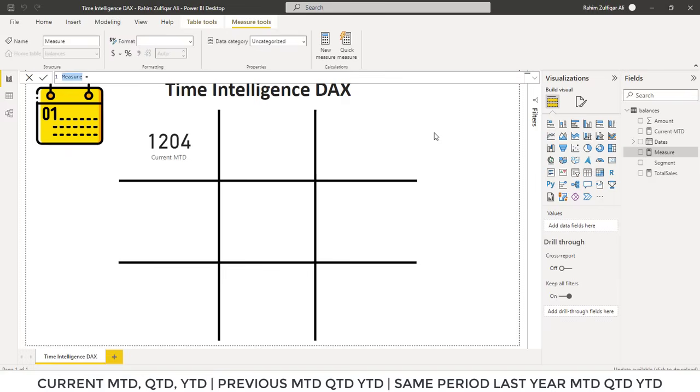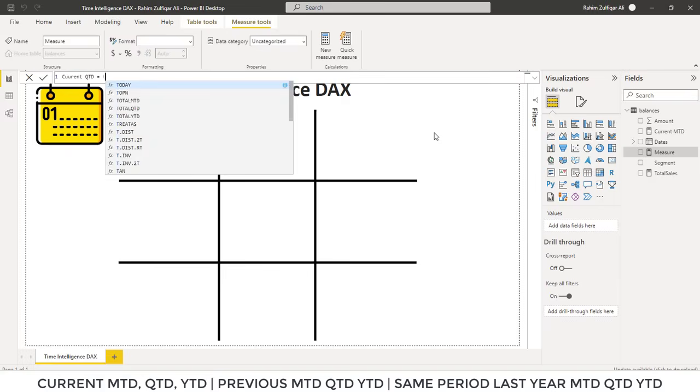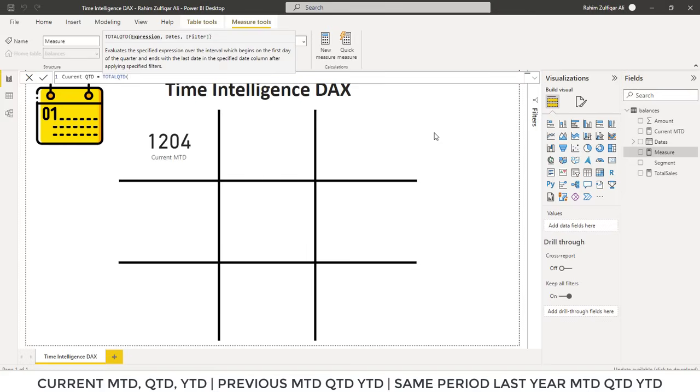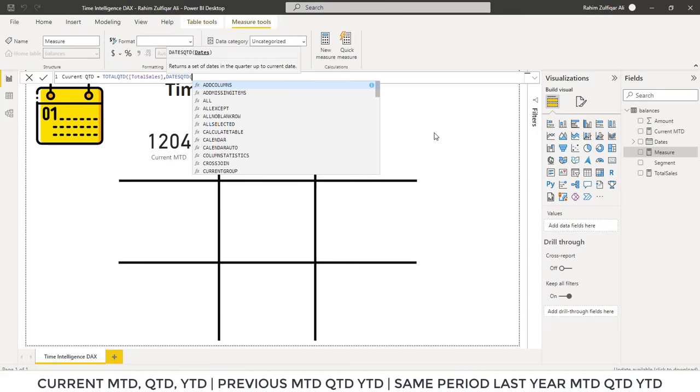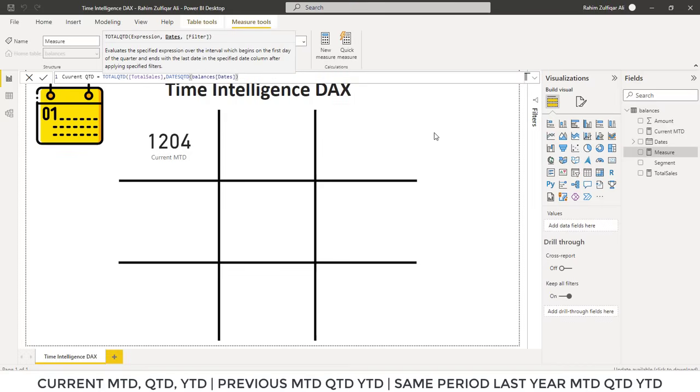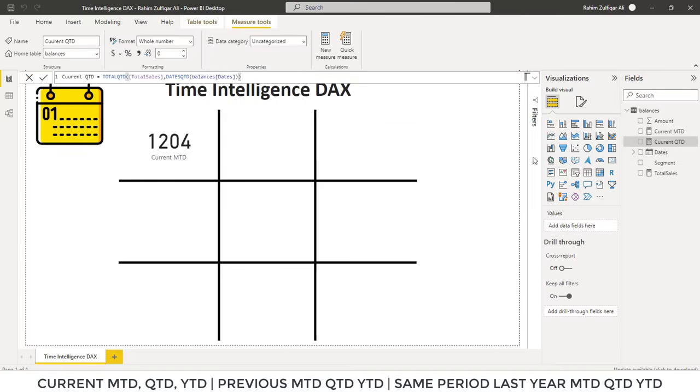First define the name current QTD. Now starting with TOTALQTD, again we will call the explicit measure, which is total sales, and here we will write DATESQTD, and we know that we have a column which is of dates in the balances table. Bracket close, press the enter key, and